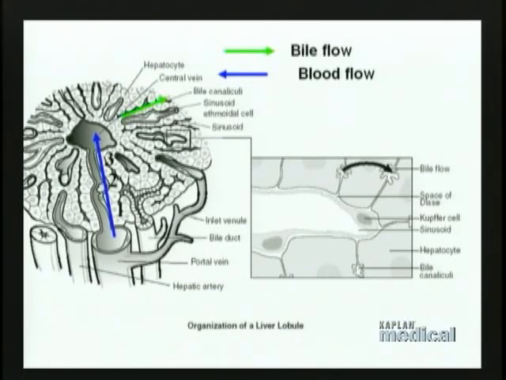Basically, the organization that we want to talk about is the differences in the direction of blood versus bile flow through a hexagonal liver lobule. First off, at each of the 6 points of the hexagon of this liver lobule is what we call a portal triad, whereby there are 3 tubular structures. 2 of them are vascular. 1 of them is basically receiving all the tributaries of bile canaliculi, delivering bile to the perimeter of each point